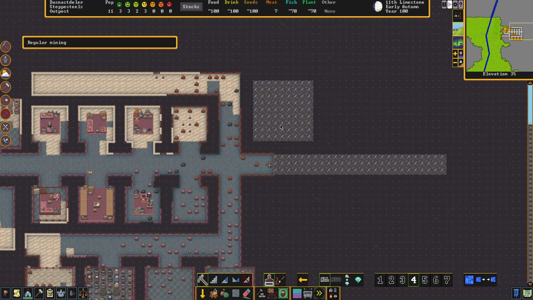Let's go bigger. Let's go bigger. 2 entrances. Oh, do we have another miner? No, we don't have another miner. What do we have for